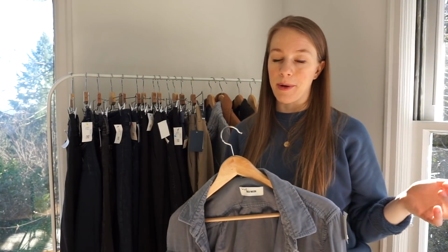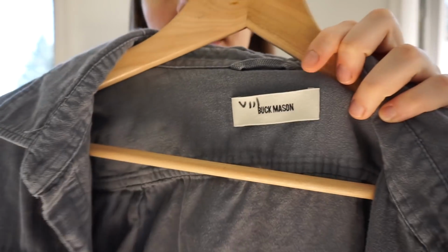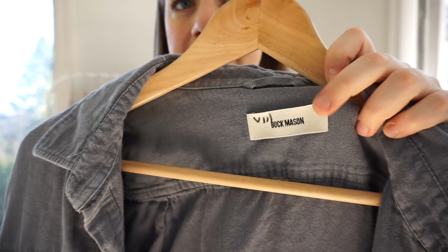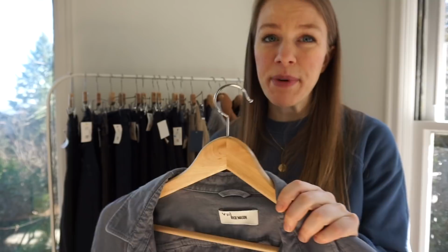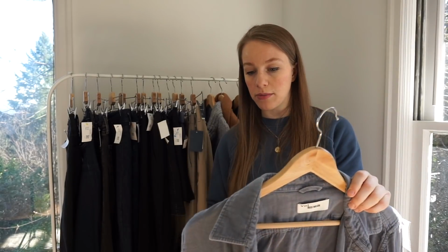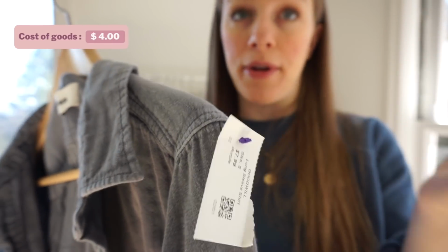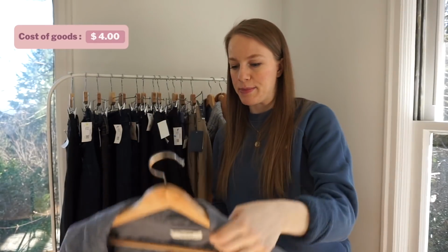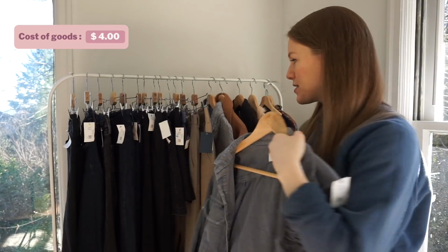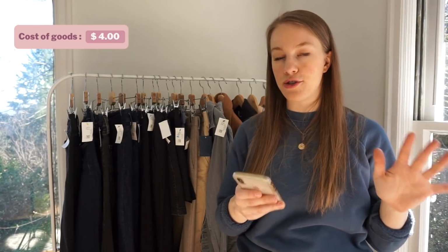Okay, then I went to the men's shirts, and I found a couple of brands I've never sold before that I wanted to experiment with. So the first was Buck Mason. I never heard of this brand, but after seeing the tag, I decided I wanted to look it up. And this brand actually does well. I would definitely consider this a men's polo brand. I found it for $7.99 half off, so I determined it's low enough for me to definitely want to experiment with. It is a size small, and the name of the style is the Buck Mason Double Weave Vintage 2-Pocket